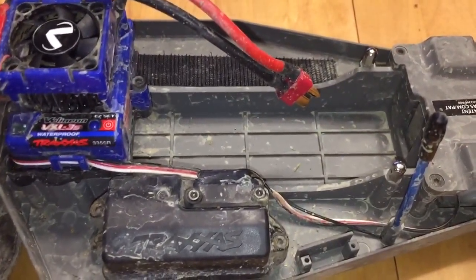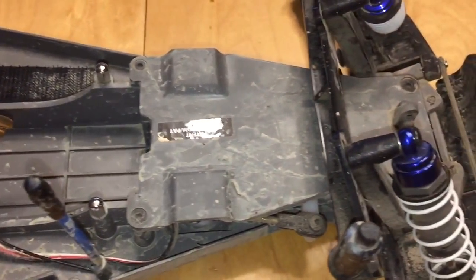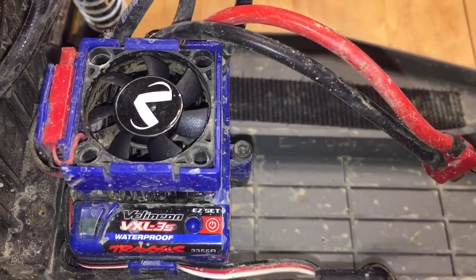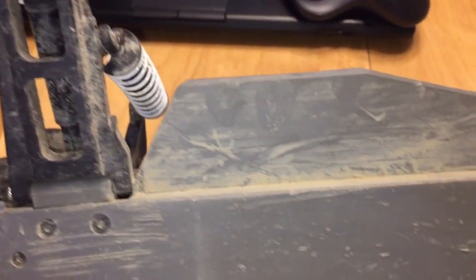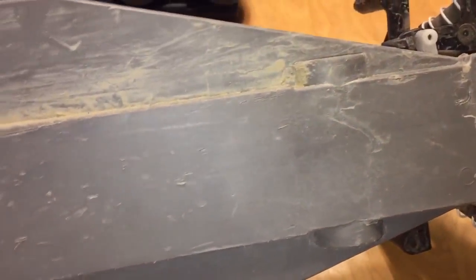As you guys saw in my previous video, AJ and I were at the skate park yesterday and we were tearing it up, and I ran the Rustler through, as you guys can see, a puddle. Up to this point, I have done my best to keep this thing out of the water for various reasons,